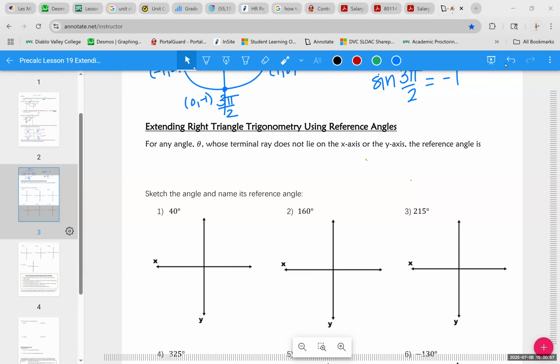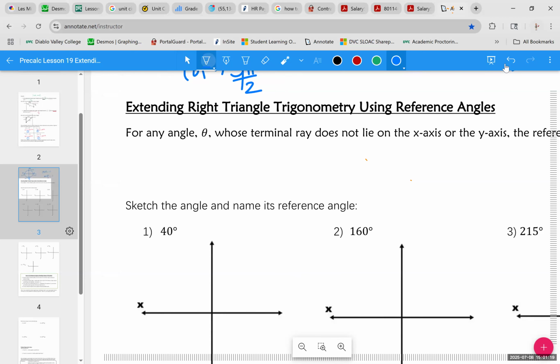All right, so we're going to talk about reference angles next. For any angle theta whose terminal ray does not lie on the x-axis or the y-axis. So if it ends on an axis, then we're not talking about those. But as long as its terminal ray is somewhere else, the reference angle is, let's try to make this a little bigger here. Okay, the reference angle is the positive. So reference angles are always positive. Acute, so it's always less than 90 degrees, angle